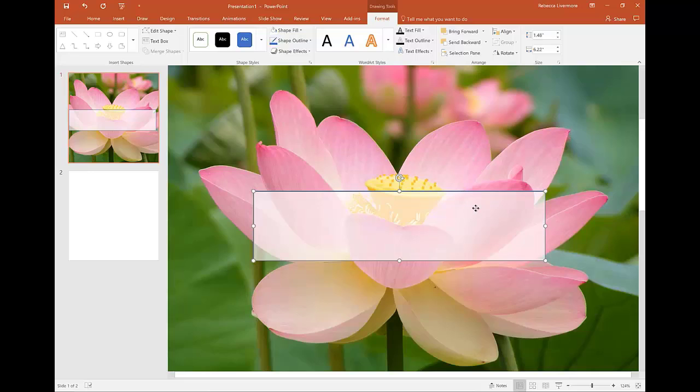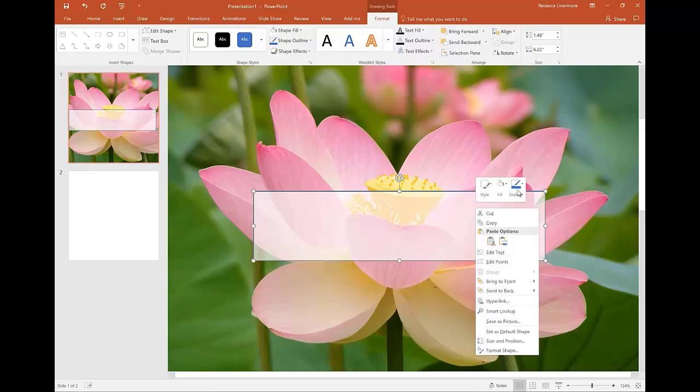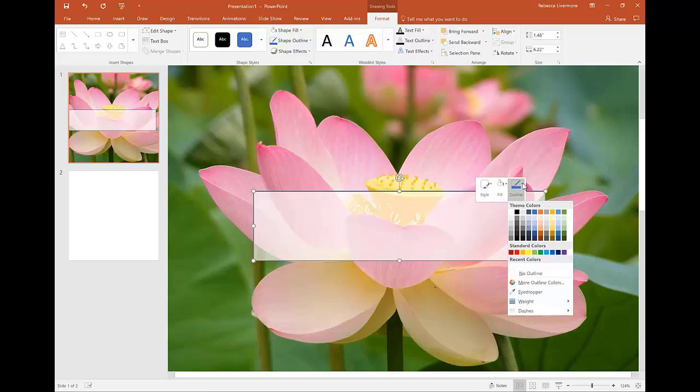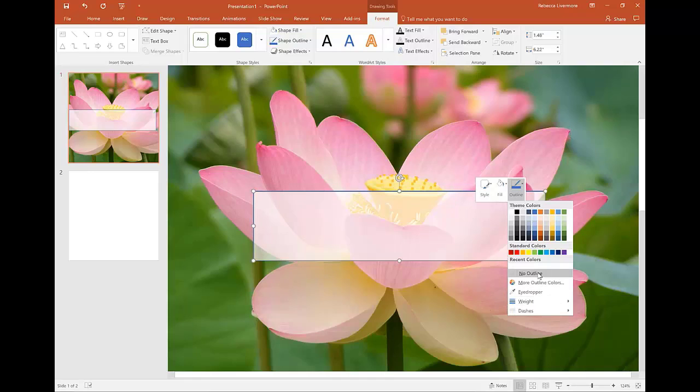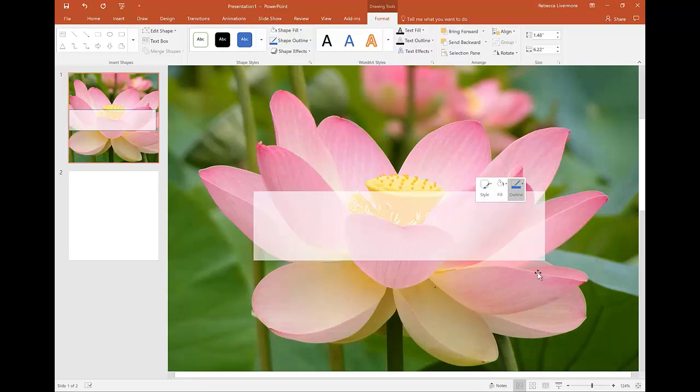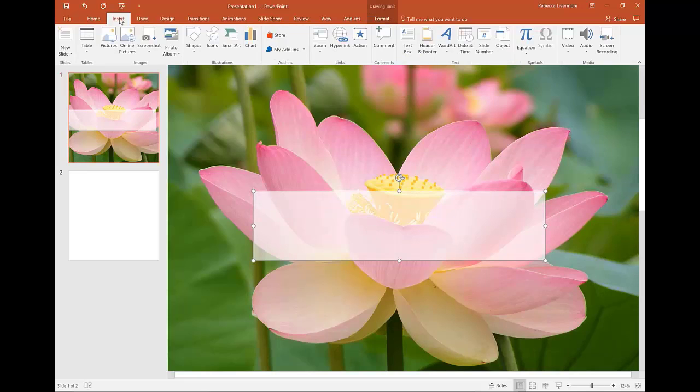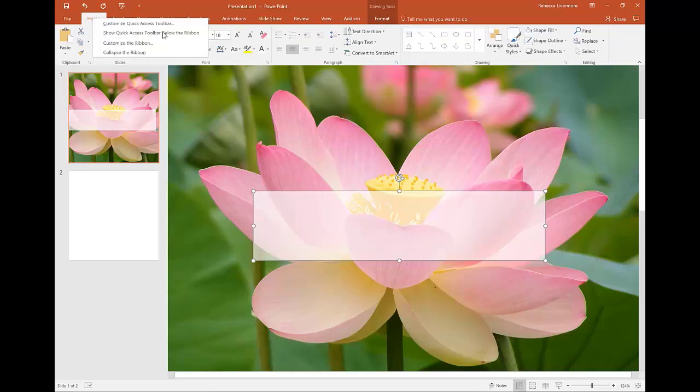Now, another thing that you can do is right click, and if you don't want an outline, you can say no outline, or if you wanted a bigger outline, you could select the weight and go down here and make it bigger. So I'm going to go with no outline. I just don't want it to be that prominent. All right, and now I'm going to insert my text here,